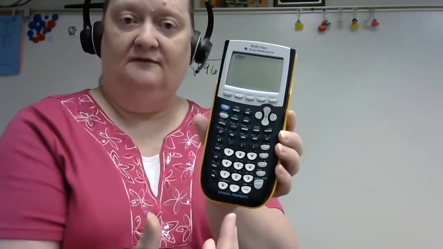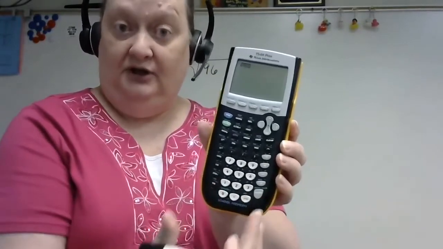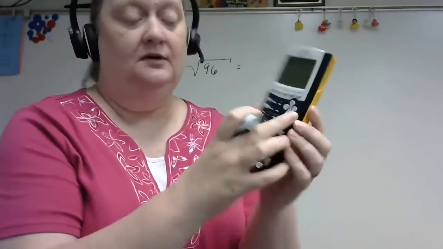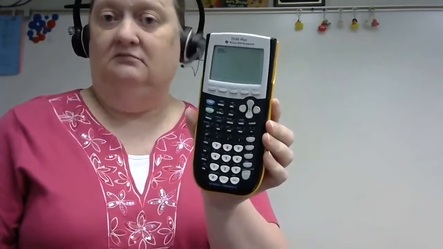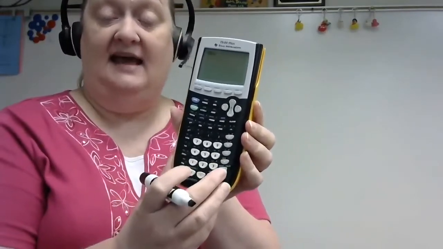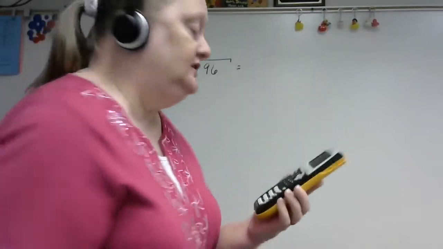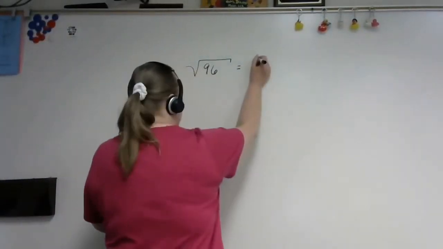Since I have the newer version, I'm good. If I were going to type something else after the square root, I would hit over so that I'm out of the square root. In this case, I don't have to do that. I can just press enter. And there is my number. I'm going to write that on the board. So that gives me